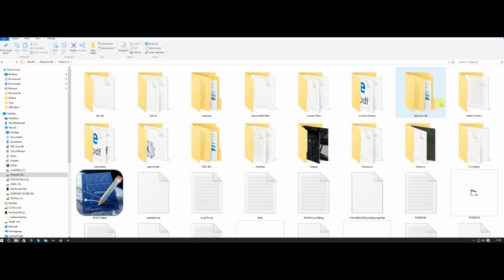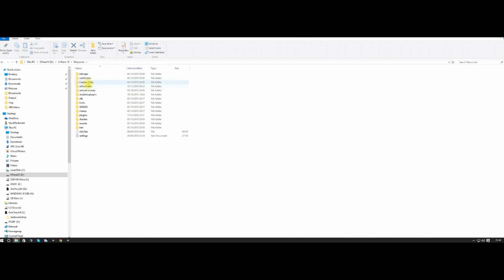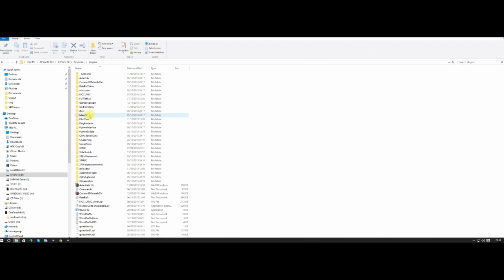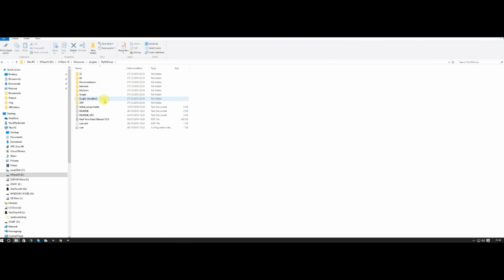I opened up my Xplane folder, resources, plugins, there we are, and you scroll down and you'll see my Fly with Lure there. And if I open that, I think we're going to go back. Oh yes, there we are. I'm just showing you where it is. It's resources, plugins, Fly with Lure. Once you open that, inside you will then put your RTH scripts. Okay, so looking at it there,